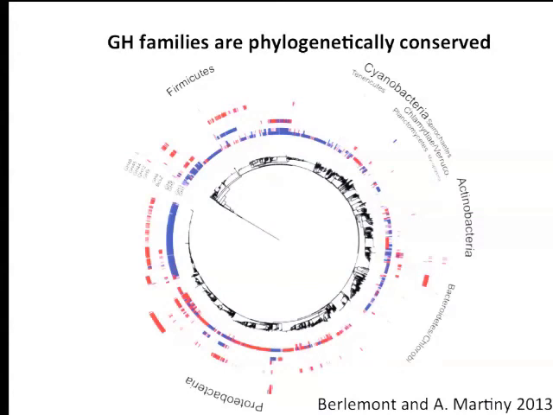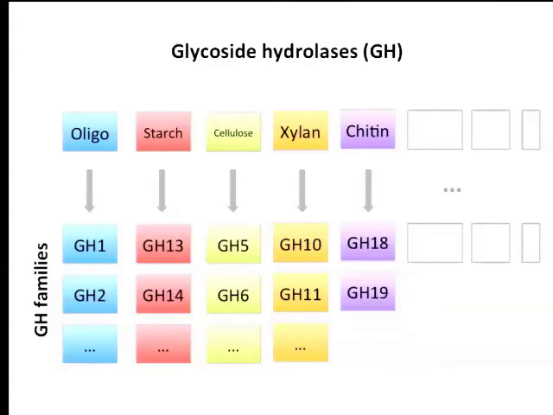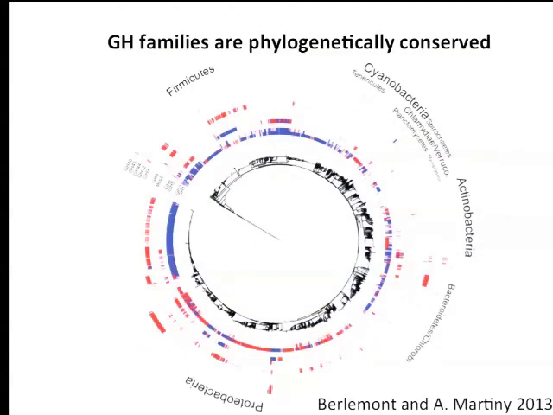Okay, I'm going to show you an example first, looking at the cellulases. There's a variety of glycoside hydrolase families, and they all target cellulose for degradation. Our first question was, remember that effect trait on a phylogeny: is it phylogenetically conserved? If it's not, then we're going to have a hard time trying to predict function here. And Renaud found that they are indeed conserved, and what you see here